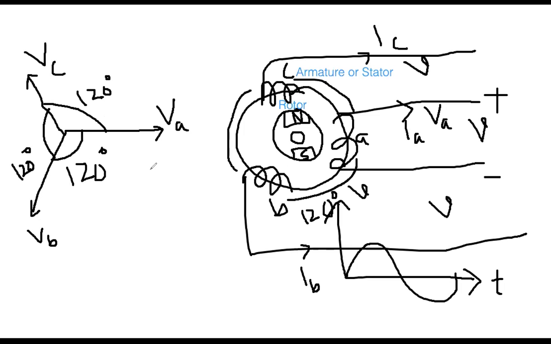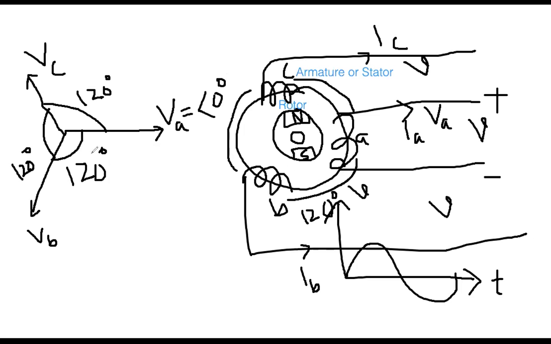So you see everybody, so this is V. If you say, okay, its angle is 0 degrees, this is my reference. But then here, after 120 degrees, B side voltage will produce. Then another 120 degrees later, C phase will produce. So there is a phase difference of 120 degrees for the three-phase system.